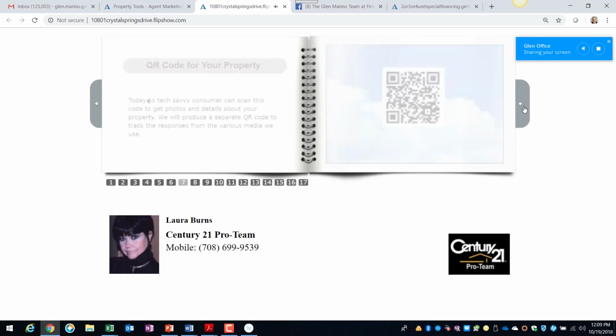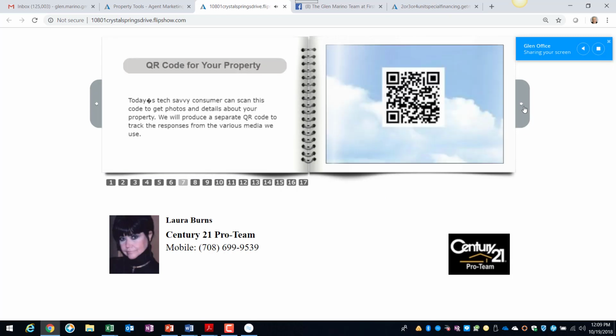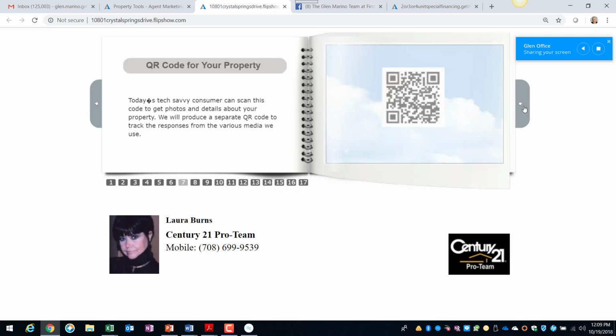Glenn and Rose, today's tech-savvy consumer can scan this QR code to get photos and details about your property. I'll produce a separate QR code to track the responses from various media. The system gives you 2 QR codes. One is on the flyers, so people can scan it and download the property website. The other is a QR code that you can put into realtor magazines or newspaper, so you don't have to be as verbose in the newspaper and say, for more information about this house, scan this code. When they scan it, it pops up the complete property website into someone's phone. Glenn and Rose,